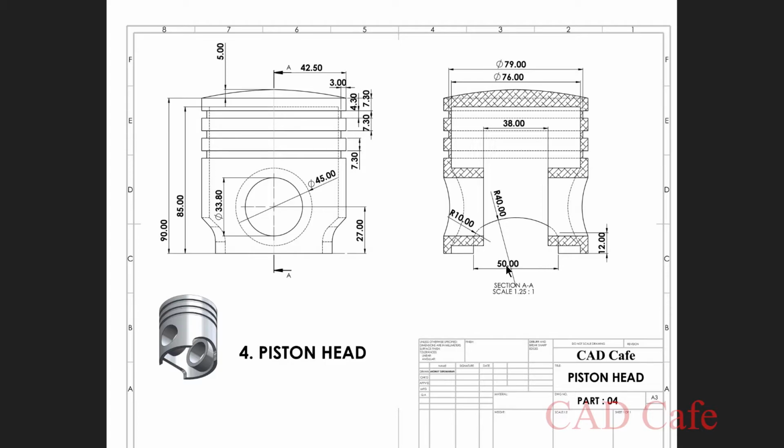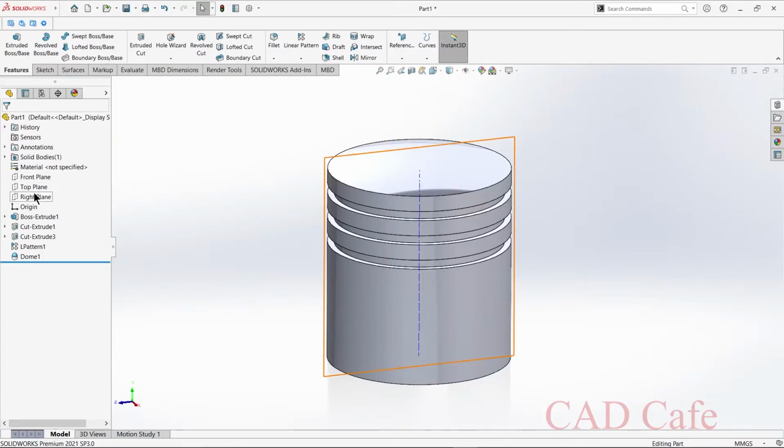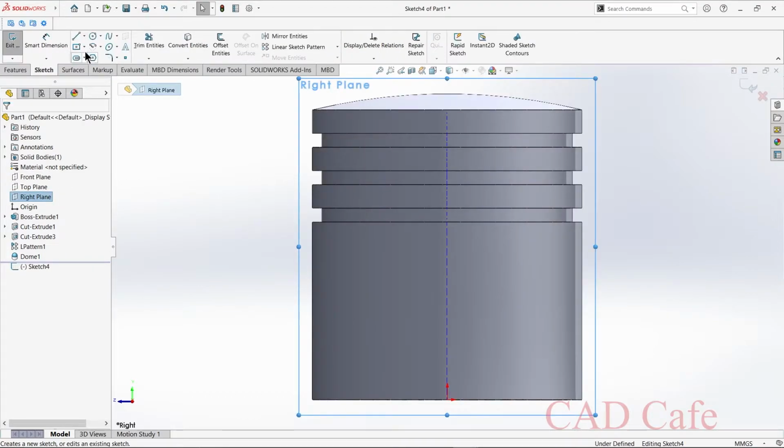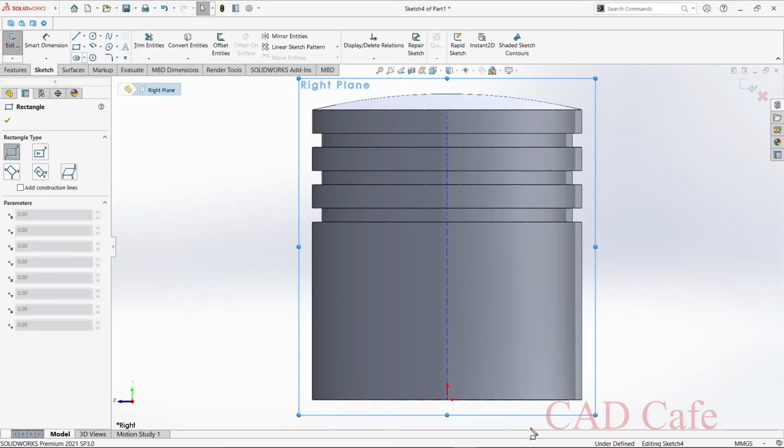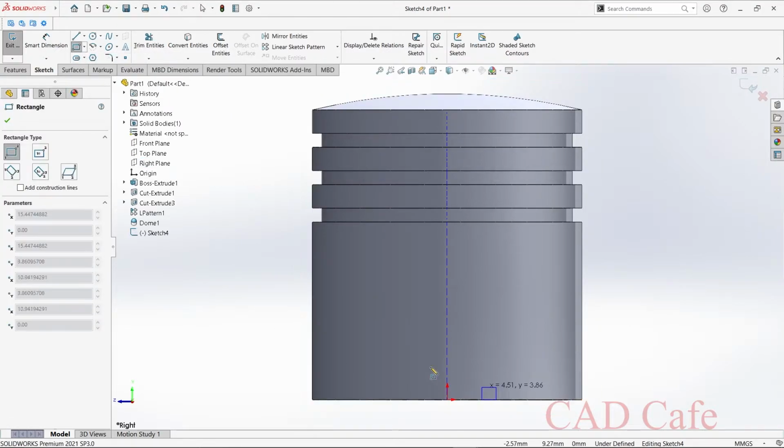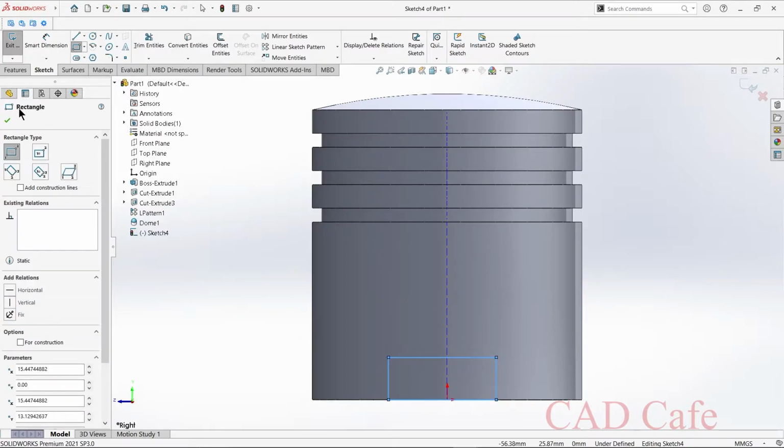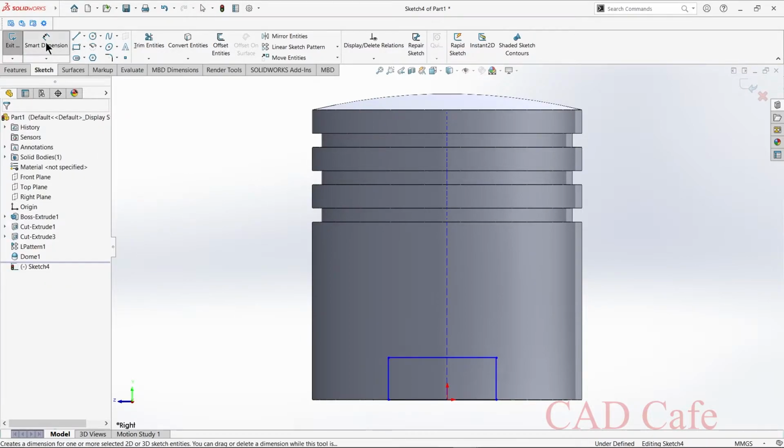This length is 50 mm and this is of radius 10, and this radius is 40 mm and this length is 12 mm. First select right plane, sketch, and select corner rectangle. Okay, and select smart dimension.